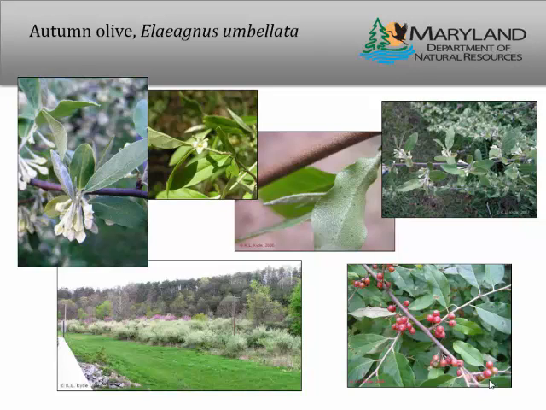I'm trying to race through these so I can have time to get to everything. Here's your autumn olive. This one's an easy one. You can identify it driving 65 miles an hour down the road by the silvery look that the leaves have. So there are these silver kind of lentil scales all over the underside of the leaves and on the berries and on the stem. So it's that silveriness of these that you can see.